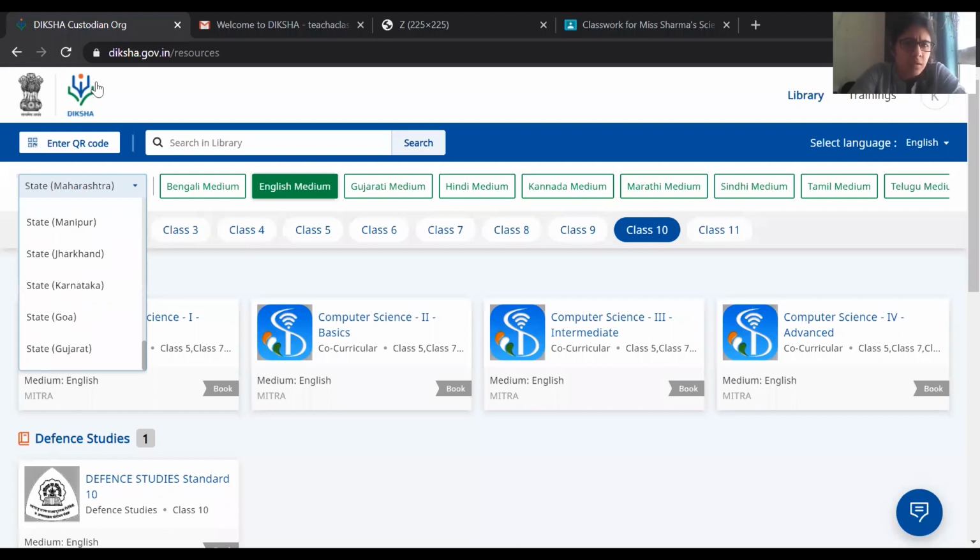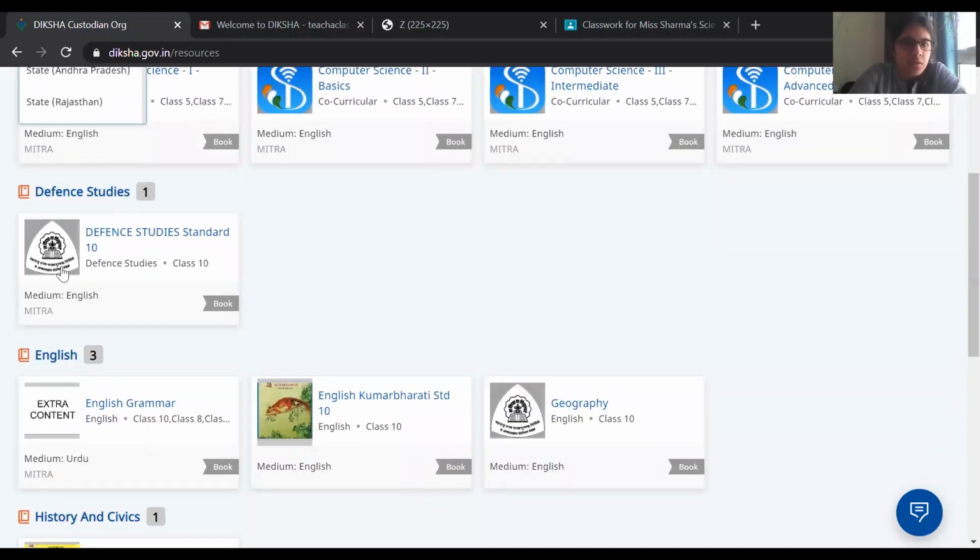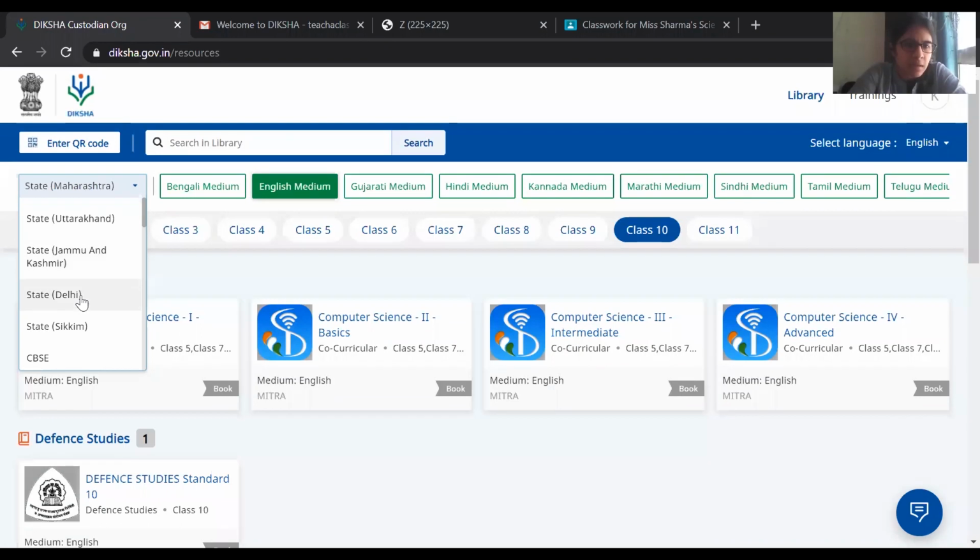So all the states are there. Then we can see CBSE. So yeah, ICSE and nothing else is there. The state boards and CBSE are there.